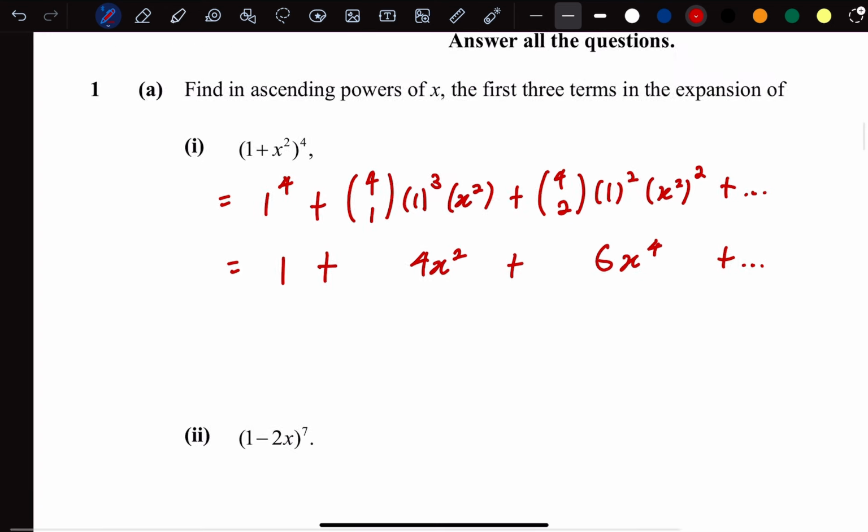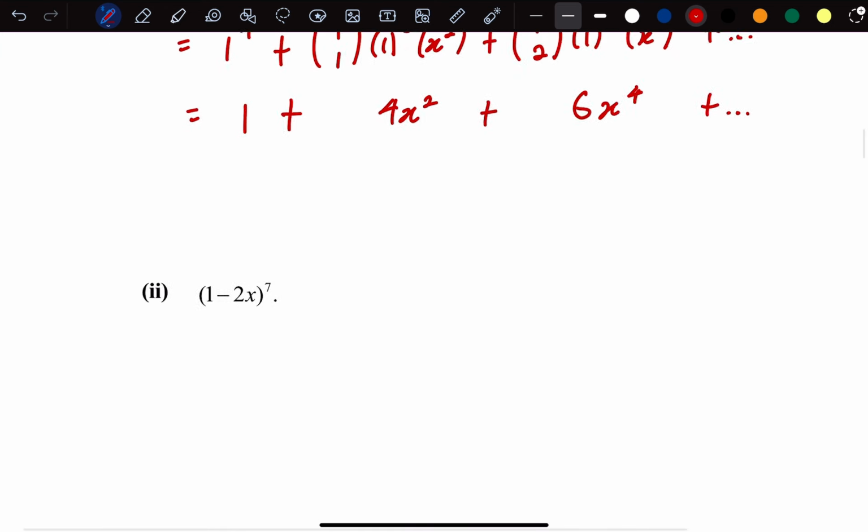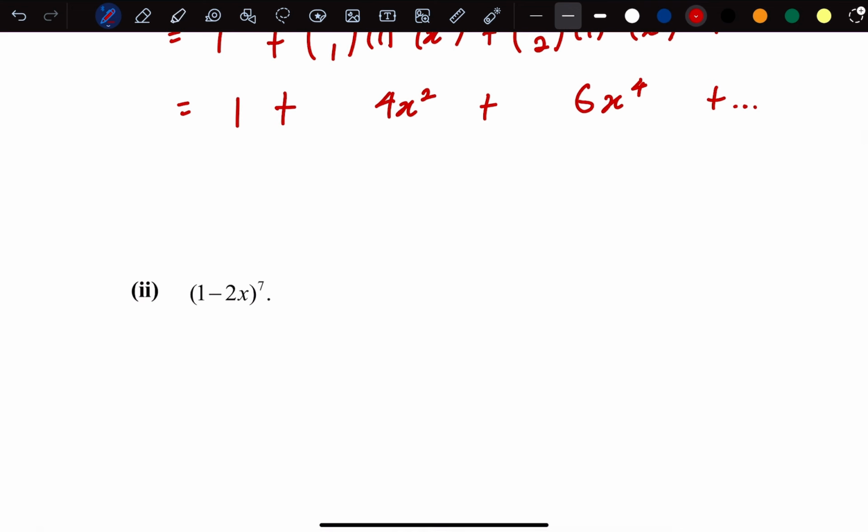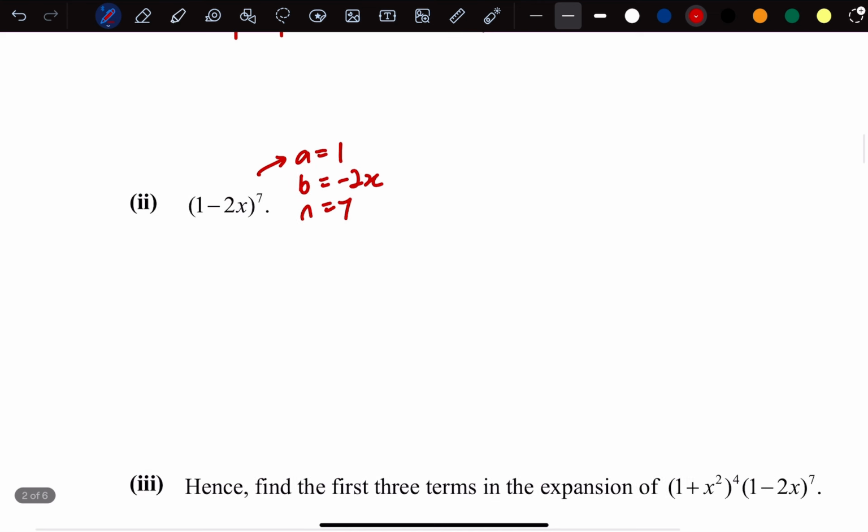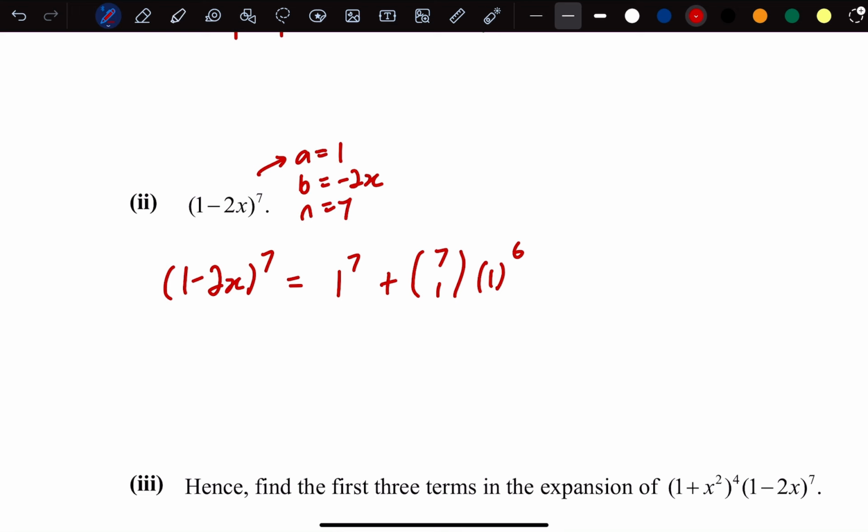dot dot dot. Okay, and for part 2, same thing. To not make careless mistakes, I always like to identify your a, which is equal to 1 in this case, b, which is equal to negative 2x, and n, which is equal to 7. Therefore, (1 minus 2x) power 7 is simply equal to 1 power 7 plus 7 choose 1 times 1 power 6 times negative 2x power 1 plus 7 choose 2, 1 power 5 times negative 2x squared plus